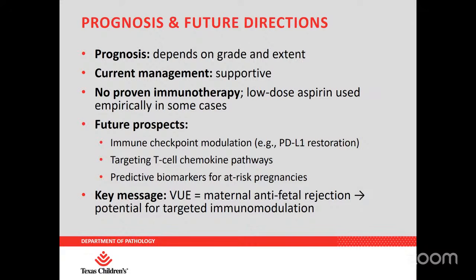So what does it mean for management when we've got a diagnosis of VUE, and for prognosis? The prognosis depends largely on the extent of inflammation. As I say, high-grade or diffuse cases definitely carry the greatest risk for fetal growth restriction and stillbirth. At present, there's no proven or standardised therapy, so management remains supportive, centred on close fetal monitoring and timely delivery